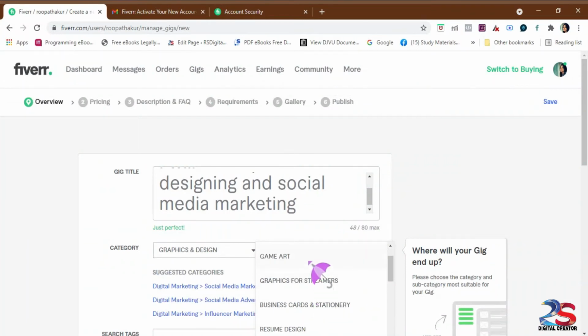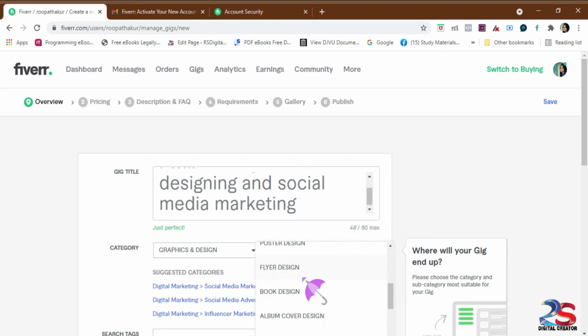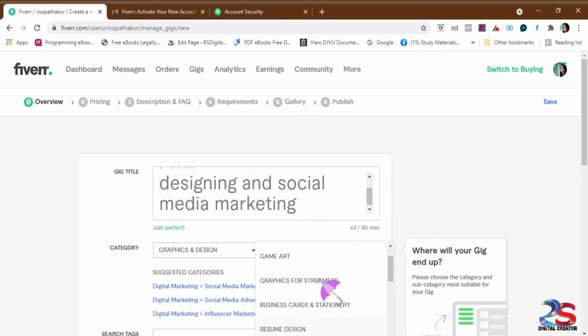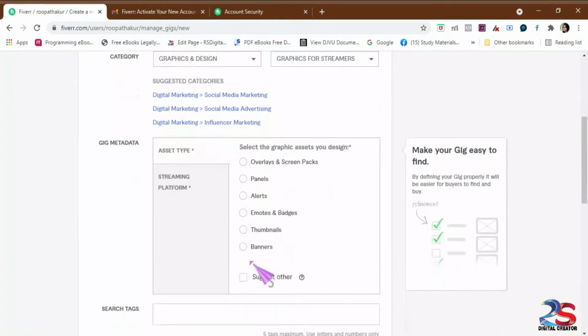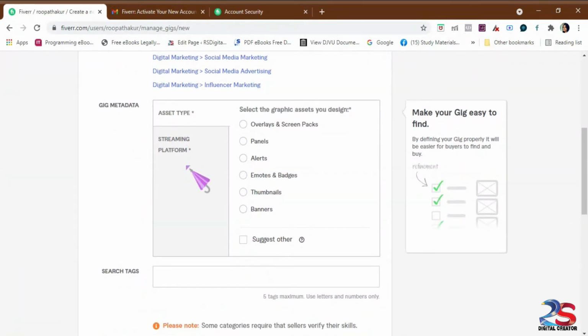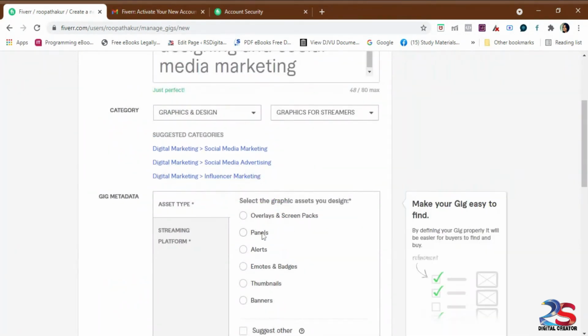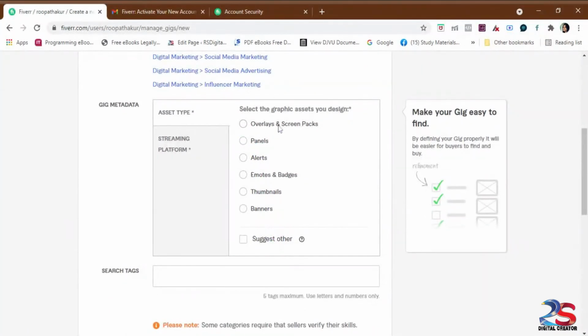For streaming means video editing and all, YouTube channels and all, you can use this graphic designing. Streaming means you are able to do banner images, YouTube thumbnails and all. For that I am selecting this option for now, for example, and you can change it as per your requirement.